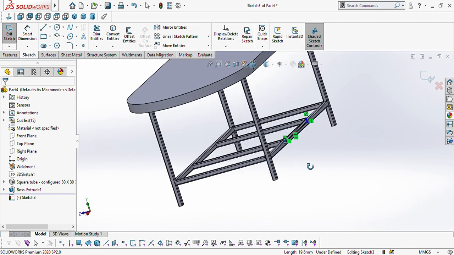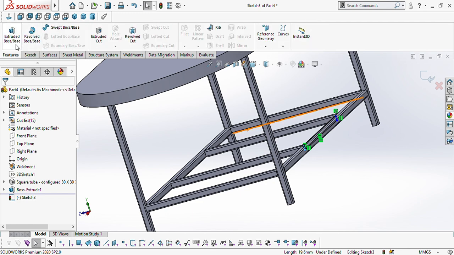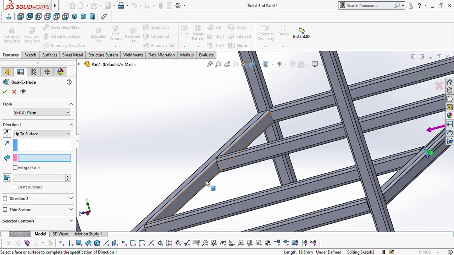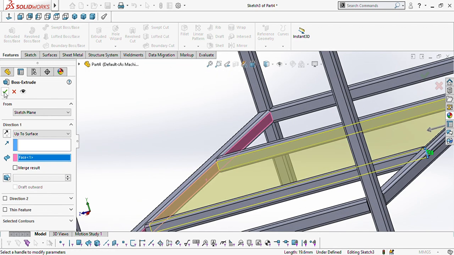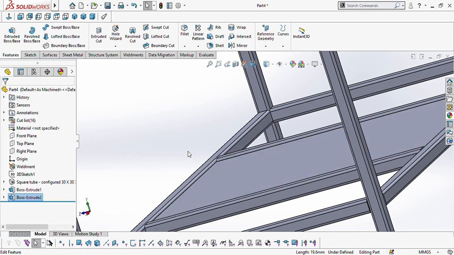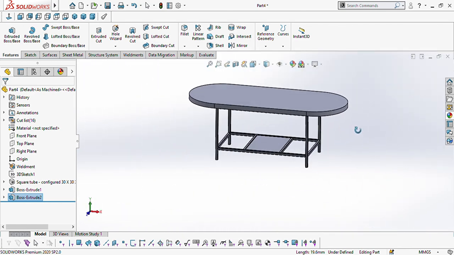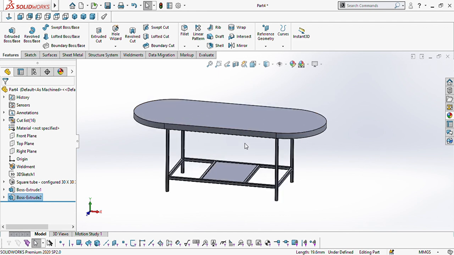Go to features. Extrude boss base. Blind up to surface. Extrude up to surface. Choose the surface. The surface is this. So good. So much better. So rotate your views. You see my table is now created. So go to the appearance,